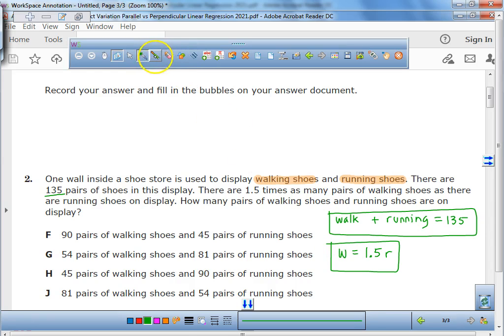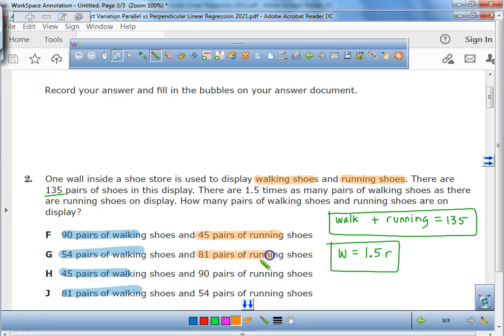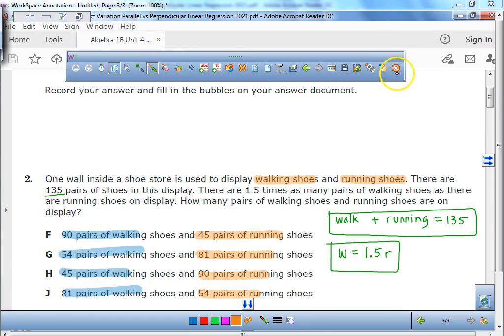Just remember, all the walking shoes are right here. Here's the walking, the walking, the walking, the walking. These are all dealing with the running, the running, the running, the running. So see which one of those works. So I'm going to go ahead and pause the video, give my class a chance to use their calculators and figure it out. All right, so when you guys are doing these problems, you want to make sure that you